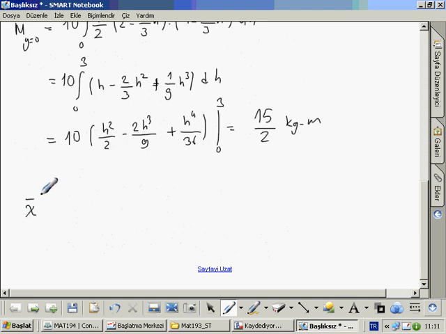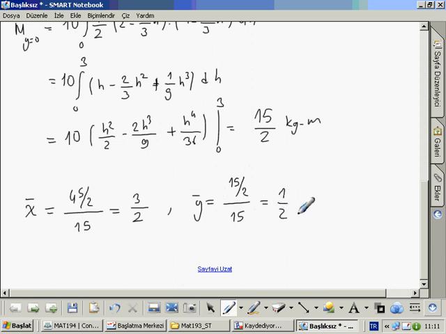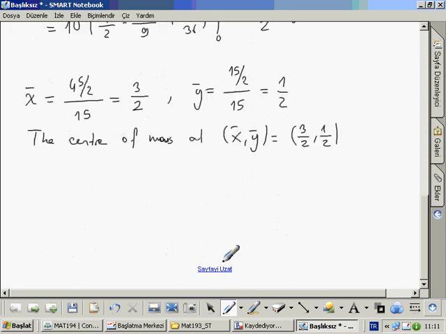and the total mass, x bar equals 45 over 2 over 15, it equals 3 over 2, and y bar equals 15 over 2 over 15, it equals 1 over 2, and the center of mass (x bar, y bar) is equal to (3 over 2, 1 over 2). Okay,